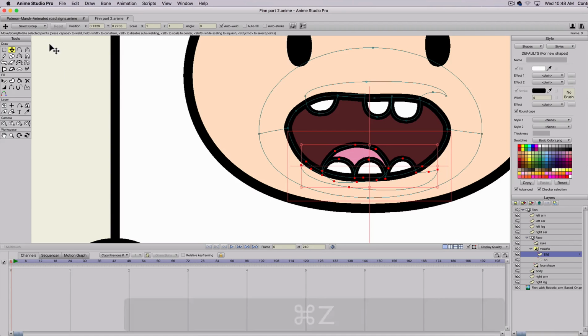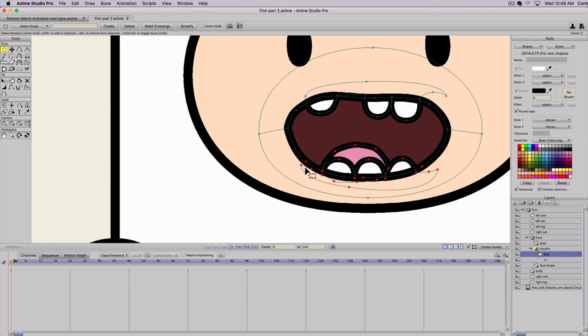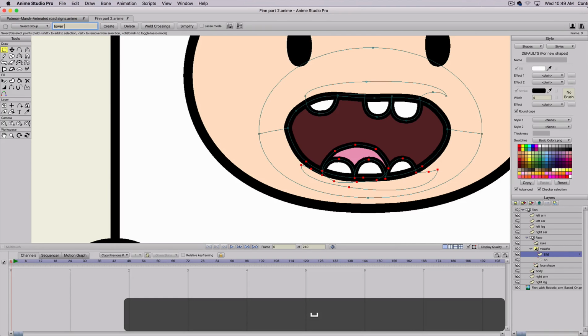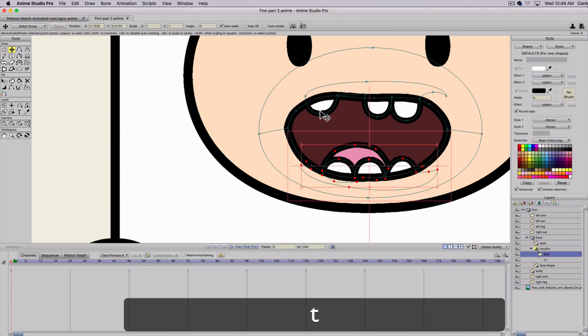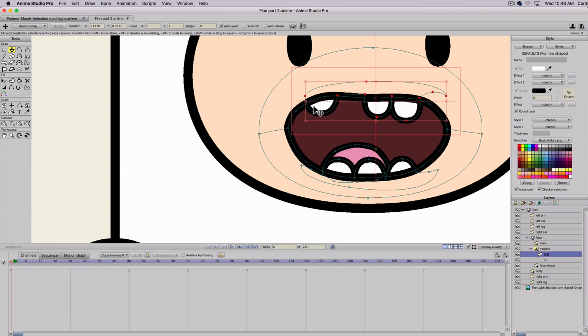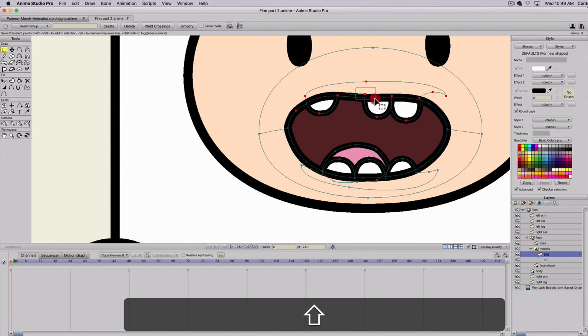So all you really need to do is go up to... where is it? G with those points selected, and then we'll just call this lower jaw. We'll just type here and then hit create, and we'll do the same for the top. So I hit T, I'm going to select those teeth. I'll hit G and grab all the points in the top lip, holding shift down so I can grab a bunch of them. Call this upper jaw